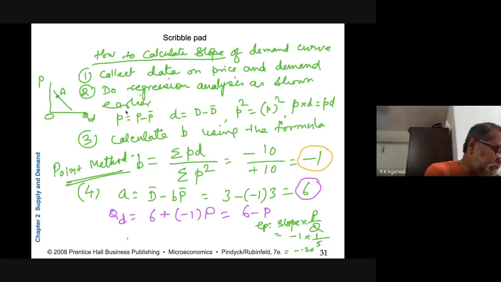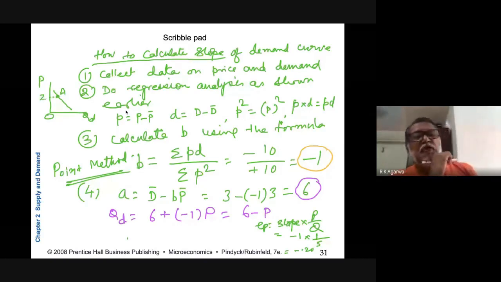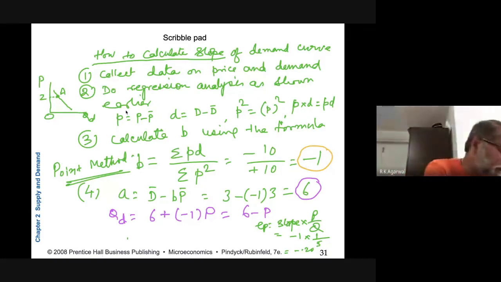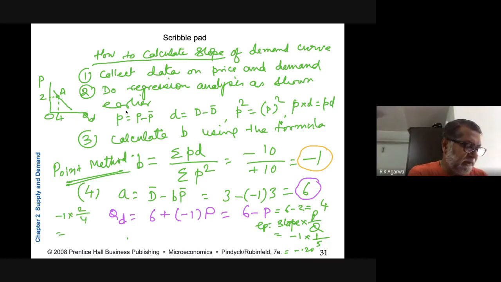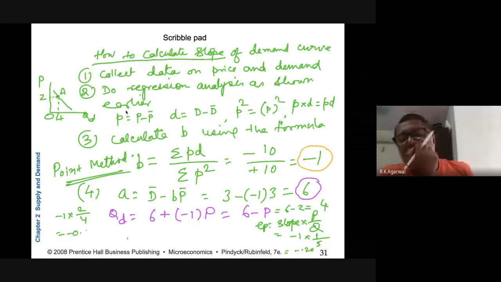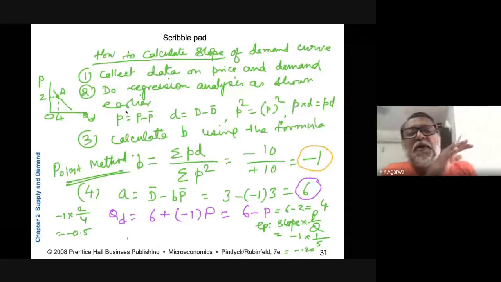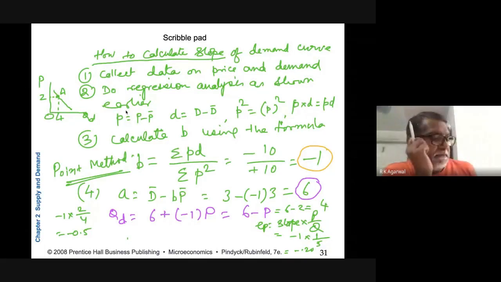तो A पर क्या प्राइस है? मान लो प्राइस है 2 रुपीज, तो ये प्राइस जब 2 होगा तो क्वांटिटी डिमांडेड कितना होगा ये निकालना होगा. तो अभी यहाँ पर अगर प्राइस 2 कर दें, ये 6 माइनस p, 6 माइनस 2, तो ये हो जाएगा 4, तो यहाँ पे लिखेंगे 4. अब स्लोप हमको पता है कि कितना है, -1, तो यहाँ पे लिखेंगे -1 इंटू 2 बाई 4, सो ये हो जाएगा -1 इंटू हाफ, मतलब 0.5. तो इस तरह से हम इलास्टिसिटी को निकालते हैं यूजिंग द पॉइंट मेथड.